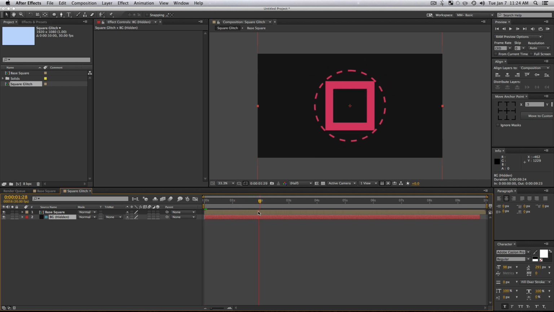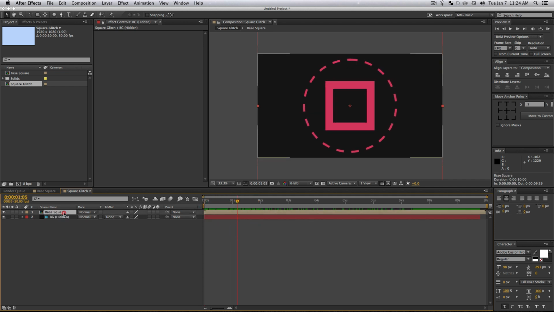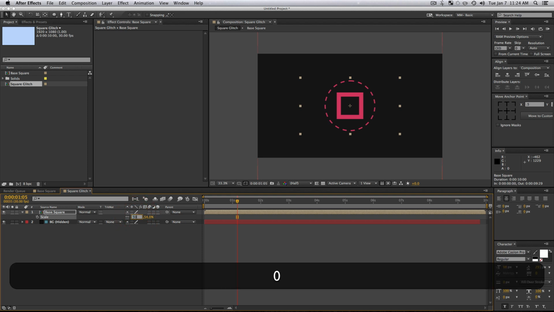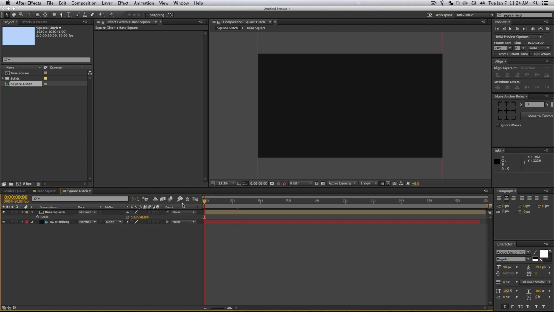Now we're going to want to grab our base square and scale this down. Let's go to 50%. So we'll scale our composition down to 50%, and we'll just play it real quick to make sure it's all working. So far it's looking pretty good. Now this is where the move anchor point is going to definitely come in handy. Just go forward till your composition is the largest, or when it fills most of the window. So it looks like when this circle has come all the way in.